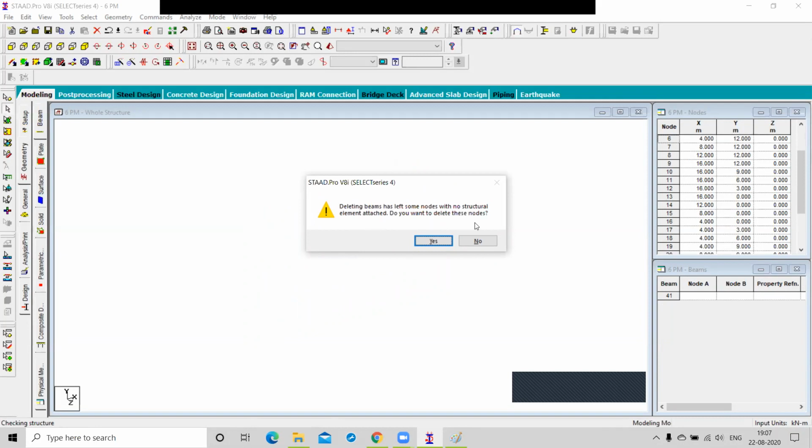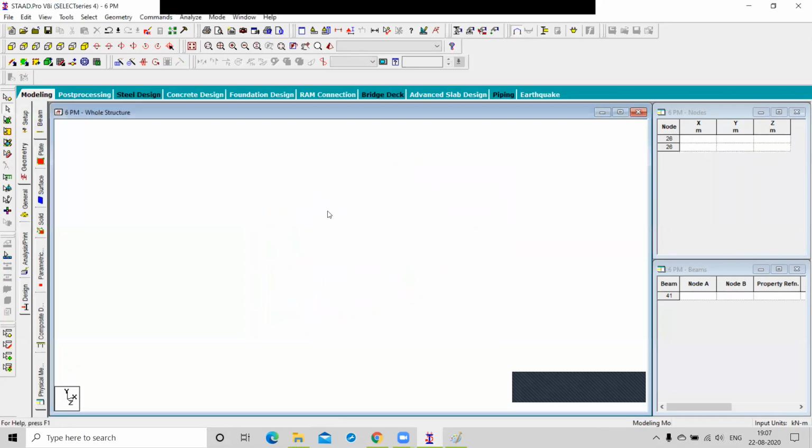Do you want to delete the node also? Press yes. All the nodes and beams are deleted. Now click here and enter 0 for the x-axis and 0 for the y-axis,